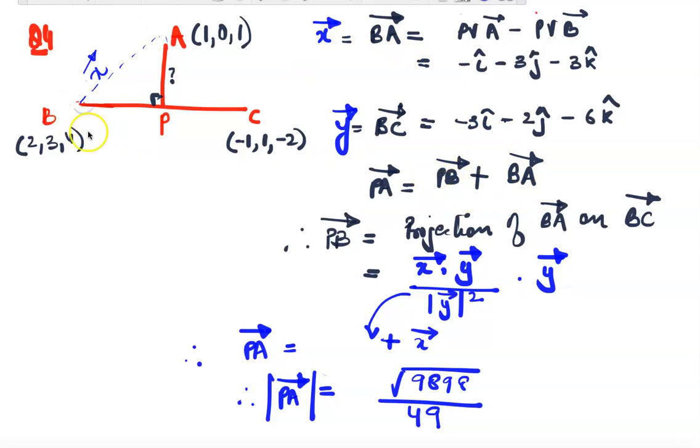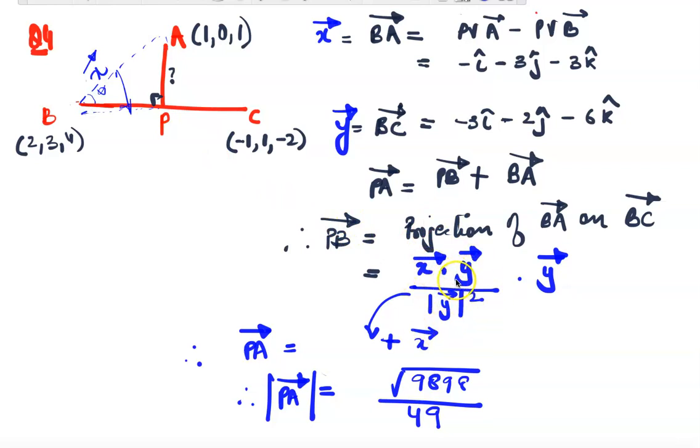So we need to find what PB would be. PB is nothing but a projection of X vector on vector BC, right? So we already know it. So it is basically X cos theta, if this angle was theta,